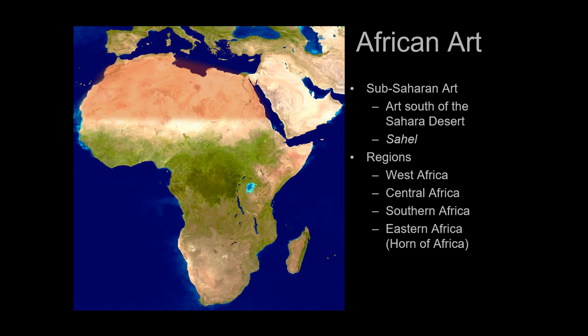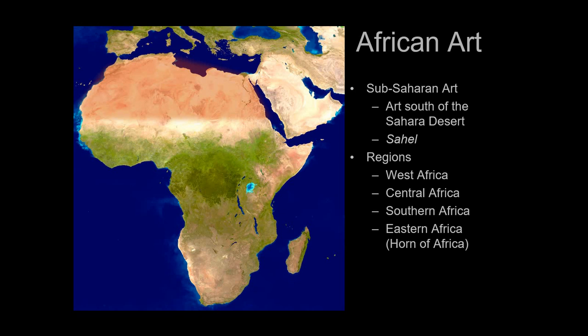So for that reason, when we talk about African art, we're generally talking about Sub-Saharan African art. So you have the vast Sahara Desert, and at the edge of that, you have the Sahel. The Sahel is this semi-arid region, and everything below that is what we usually mean when we call African art. And it kind of makes sense. It's a little bit arbitrary, but it does make sense because we have different cultures, different ethnicities, different languages, and different artistic styles on either side of this border of the Sahel. So we will talk about North Africa, but we will save that for when we talk about Islamic art.